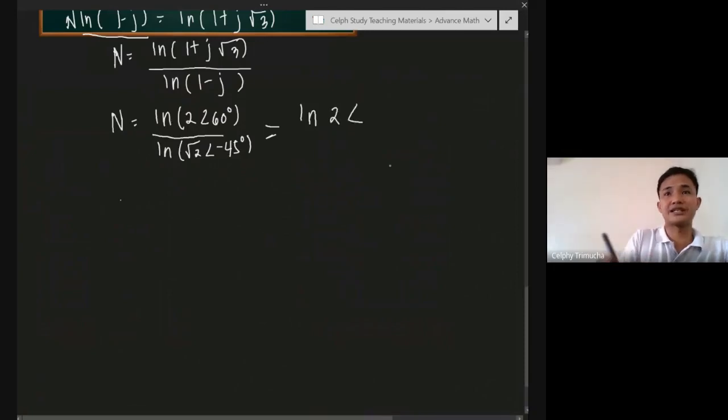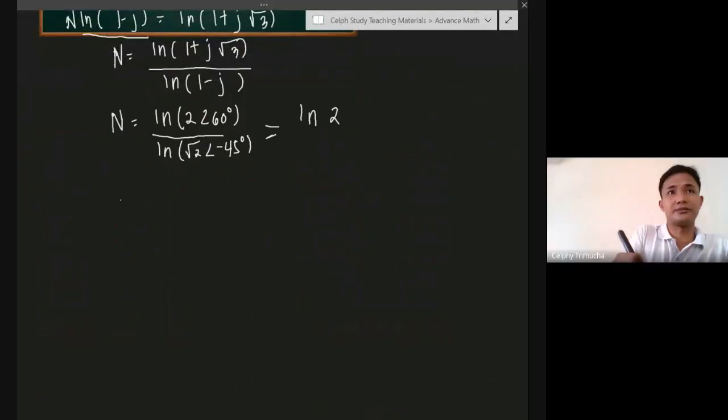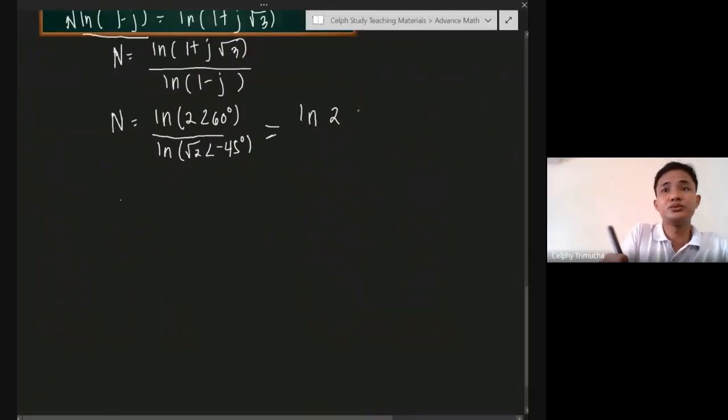Angle of 60 sa exponential form is 1/3 pi. Okay, 1/3 pi. ln 2 e raised to the power of j times pi all over 3